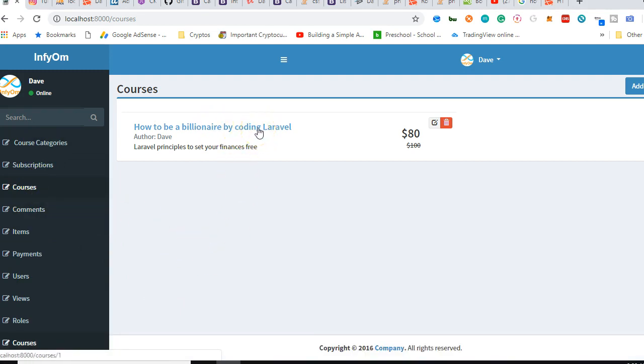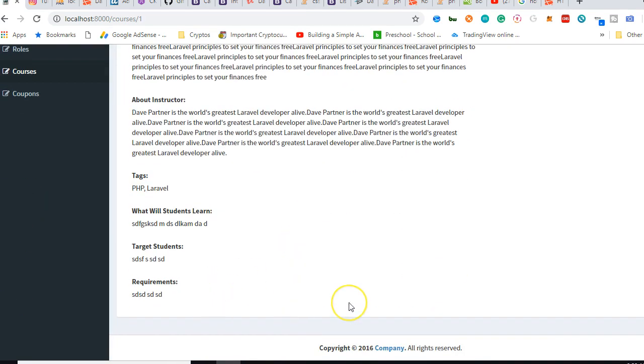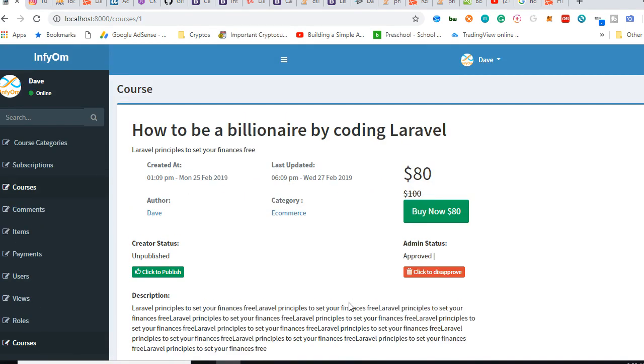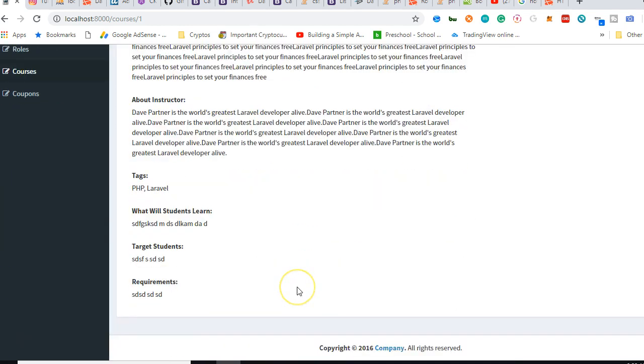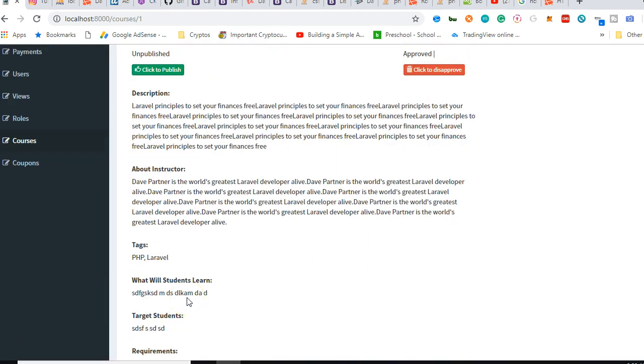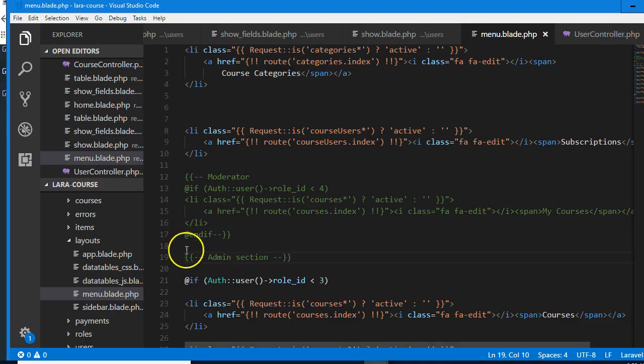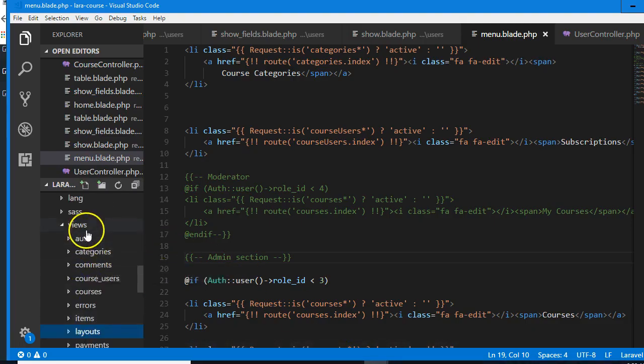We'll select a course. Now there are several things we need to know about this course, right from here at the bottom. We need to know how many users are subscribed to this course. And then in the users table, we need to know how many courses this user has subscribed to. Now to do that, we have to look at a unique table that we have, and that unique table is